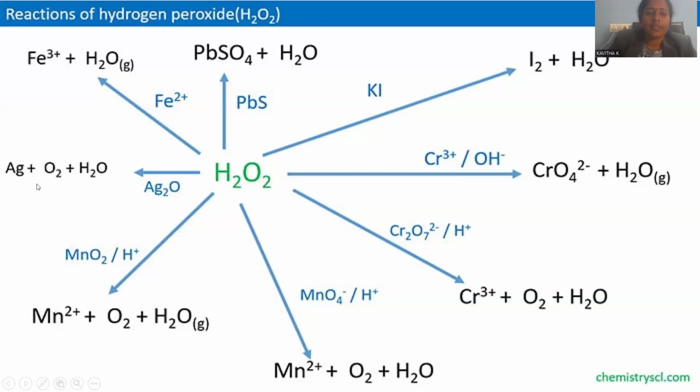And here silver plus 1 turned into 0. Plus 1 to 0, obviously it is the decrease in the oxidation number, so that we can observe this argentometry is the part of reduction only. So by this, what we are observing is that hydrogen peroxide is having dual nature, not only the process of oxidation, but also the process of reduction. Both the reactions are feasible by treating with this hydrogen peroxide.